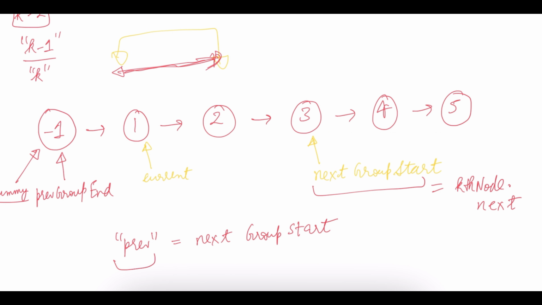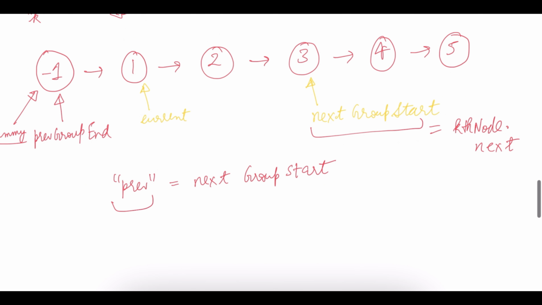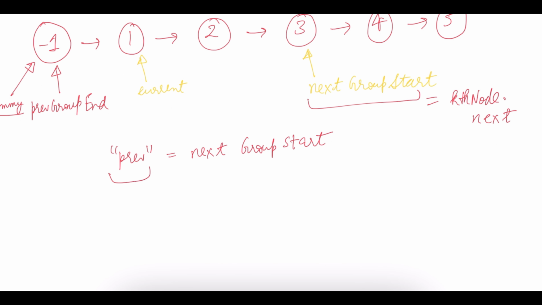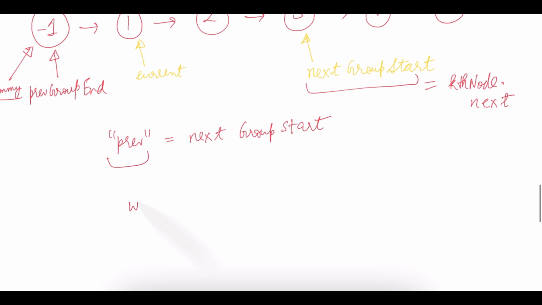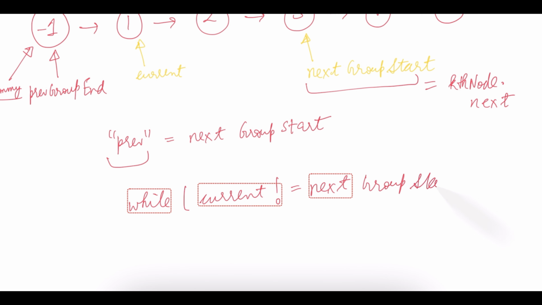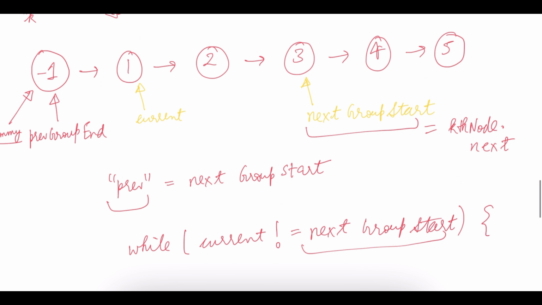And once we have this, as we are iterating over our group, we're going to use a while loop, and we're going to keep iterating until we reach the next group start, and we iterate till next group start and not till our kth node,